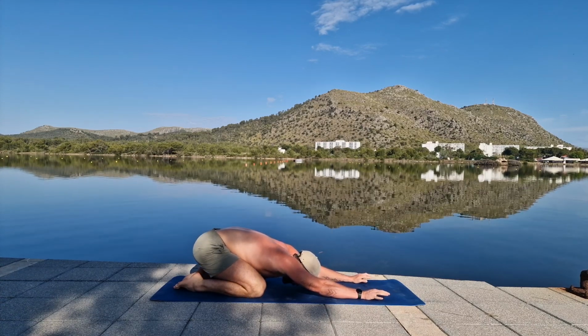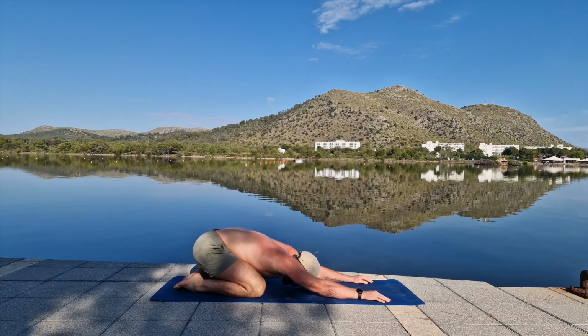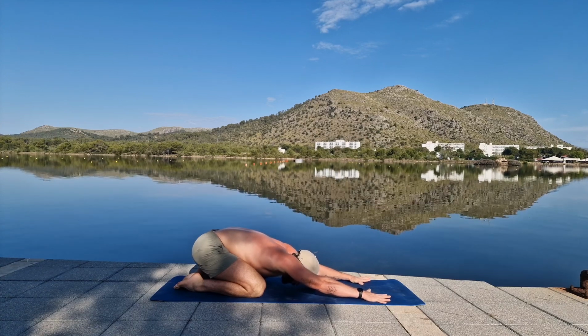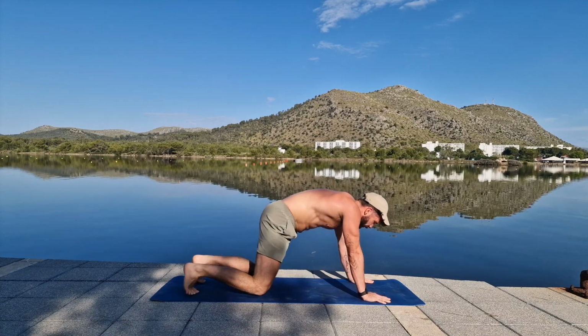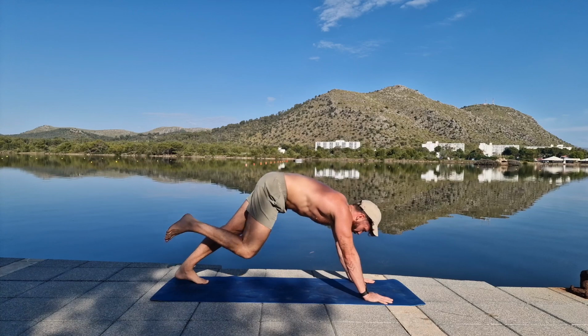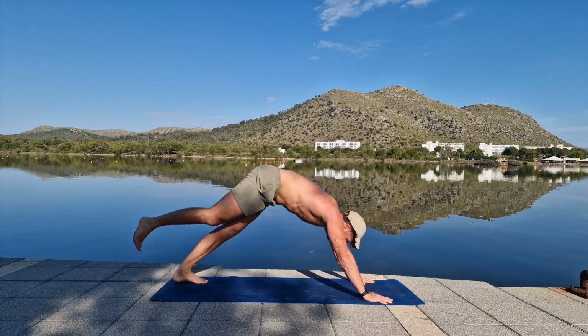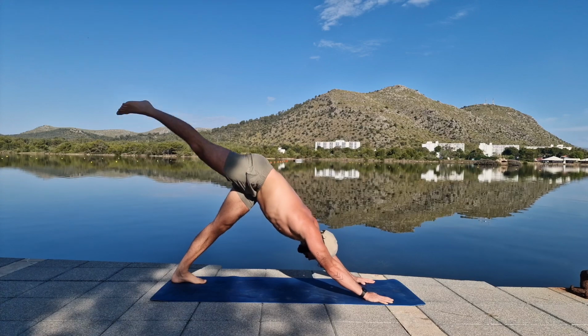So this is your chance to click pause if you just need an extra minute to breathe, or you know what's going to happen next. We're going to add on a little bit to the sequence. So if you're ready, inhale, lift up, downward dog, right leg, three-legged dog, right elbow, three-legged dog, knee to nose,